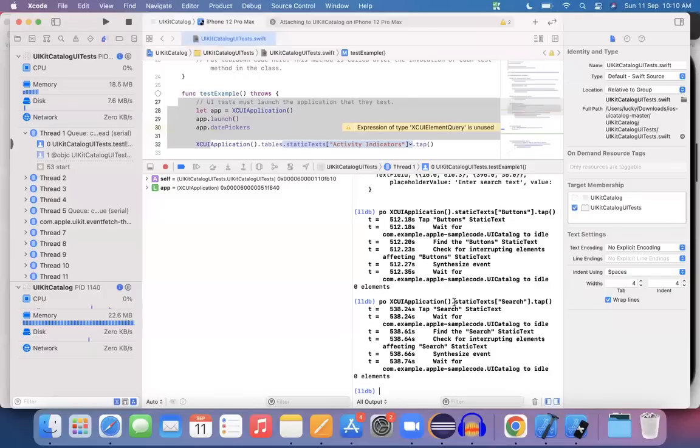So it means using the XCUIApplication instance, as it is a static text, you specify the desired text, dot, the desired operation you can perform. In the debugging mode, you have created this. You can simply copy this line of code and directly place it in your program, and you can execute it. Of course, automatically your program will execute that. This way of generating a program from a debugging mode and